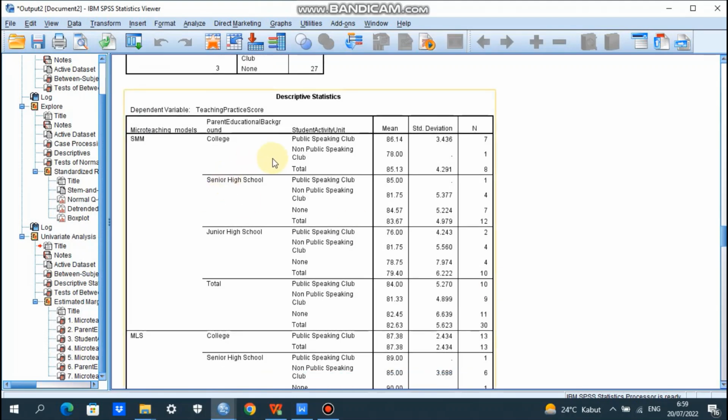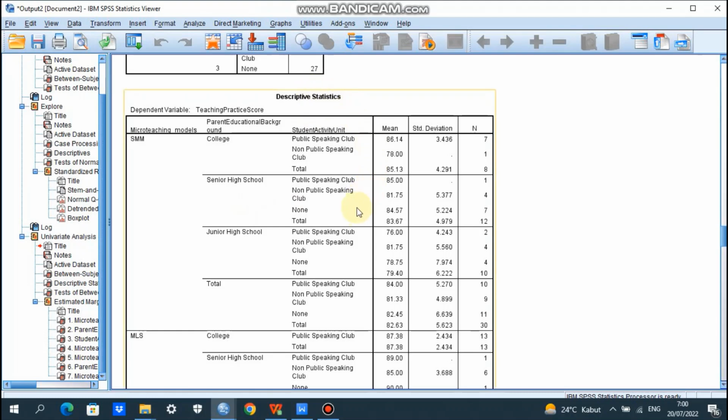For the students joining the Stanford micro teaching model with parent educational background college and student activity unit public speaking club, the mean is 86.14, the standard deviation 3.436, and the participants, the students who joined, are 7 students, and so on for the output.